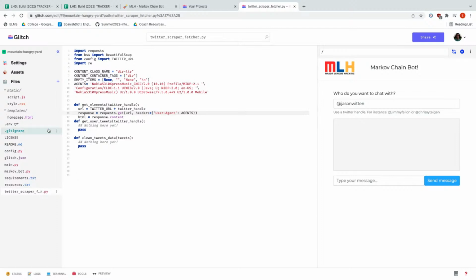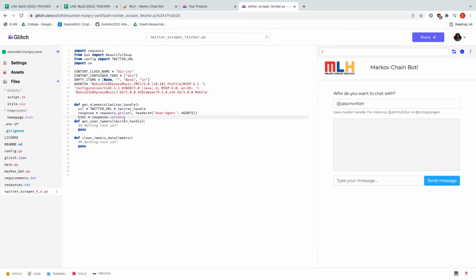And then on line 14, from the response we receive from the web page, we collect the HTML content and store it in the variable HTML. The next thing we're going to do is create a variable called soup.